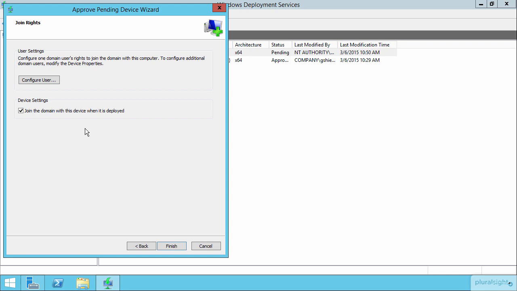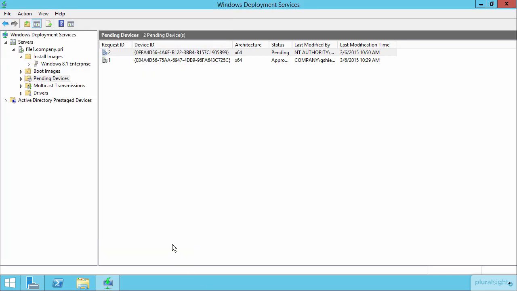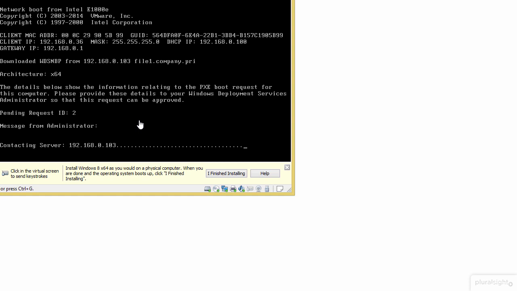So you see here this name and approve wizard gives me some really good control over bringing this machine online and also getting it into my Active Directory domain. If I choose Finish here, this will now complete the name and approve process. And if I flip back over here to my Windows 8 machine, we should see after a second or so that WDS has given the instruction here to this machine to begin deploying the boot.wim file and bootstrapping itself into